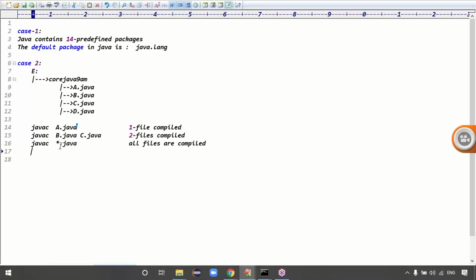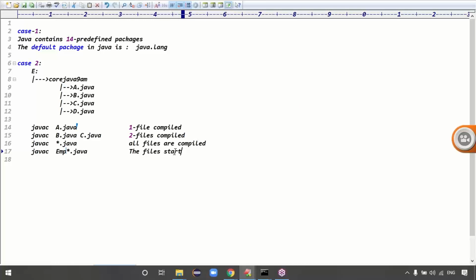Exactly. So the next one is javac, and you can write emp*.java. What is the meaning of emp*.java? Here emp*.java means the files which have the prefix emp, guys.